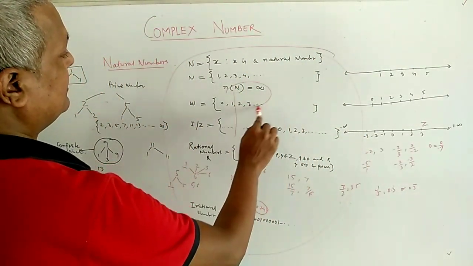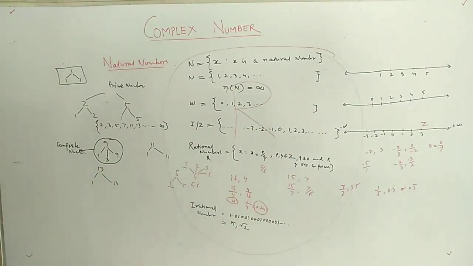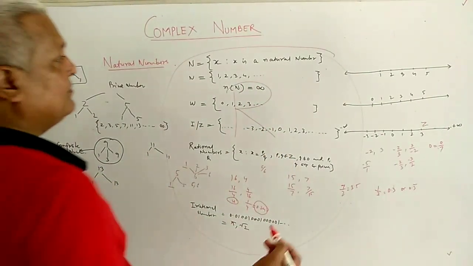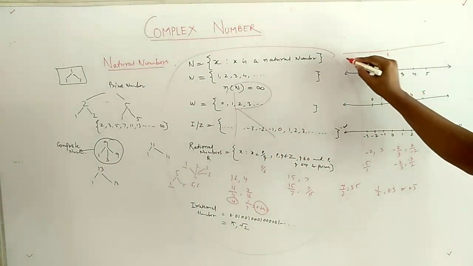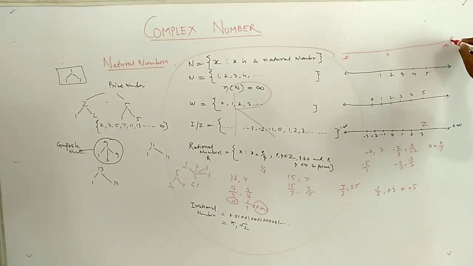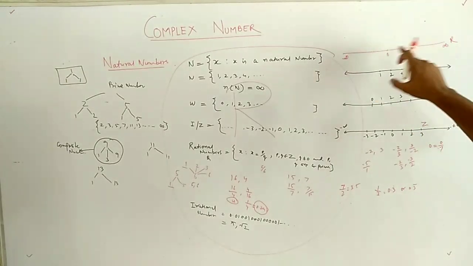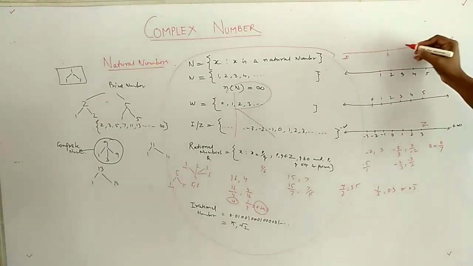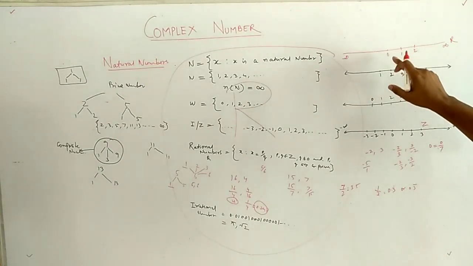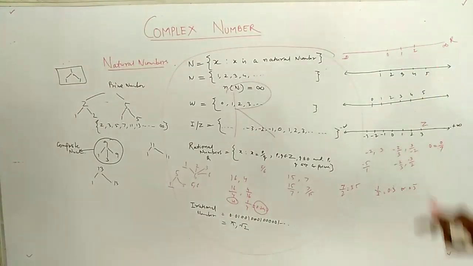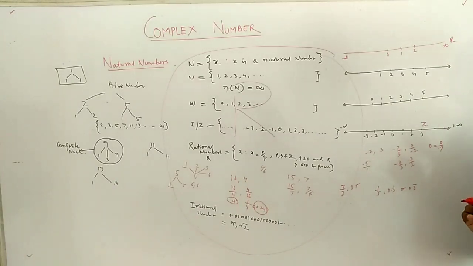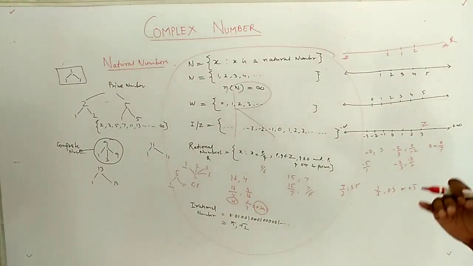Together they are called R, that is, real numbers, and their number line goes like continuous values. You get 0 here, and it goes from minus infinity to infinity, and there are infinite numbers. Suppose you take numbers like 0, 1, 2. Then 0 is a real number, 1 is a real number, and 2 is a real number, and between 0 and 1 there are infinite real numbers. This is called the Cantor-Dedekind density of the real number system, which says that between two real numbers there are